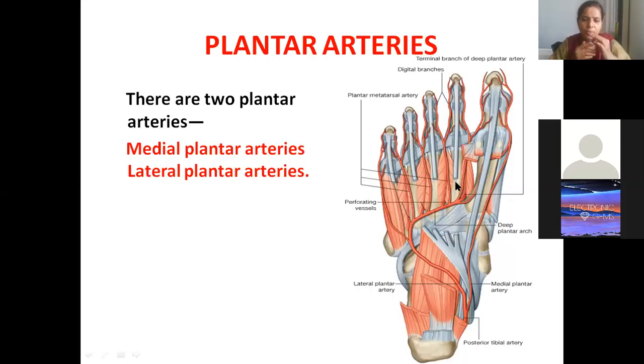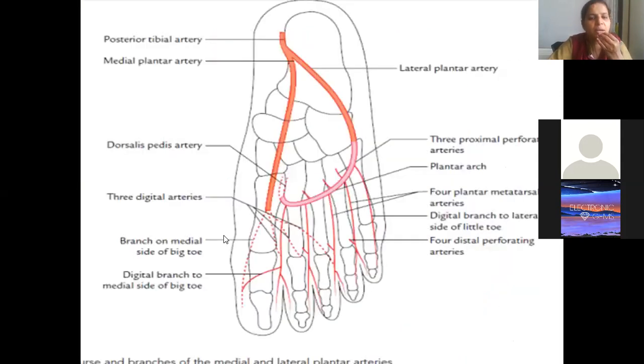So now coming to plantar arteries, that finishes nerves. Now then we will go with plantar arteries. So just as Imad told us, plantar arteries are terminal divisions of which artery? Posterior tibial artery. Okay, posterior tibial artery is passing through the flexor retinaculum and then it is dividing into medial plantar artery and lateral plantar artery. Okay, beta? So see here. So this is medial plantar artery and this is lateral plantar artery. Okay, so this is the plantar arch, which is contributed by lateral plantar artery.